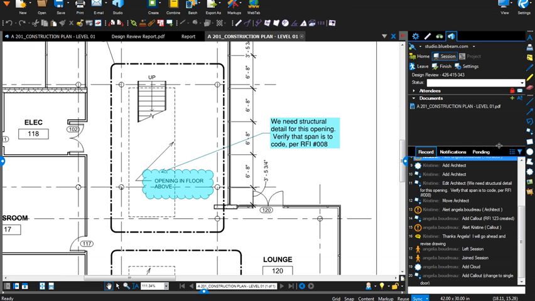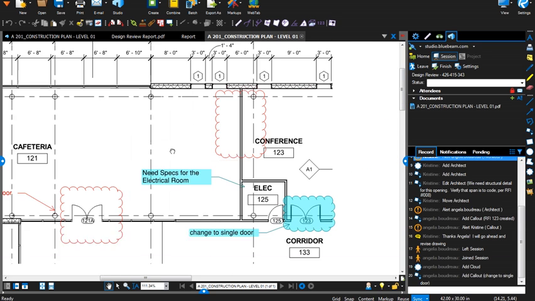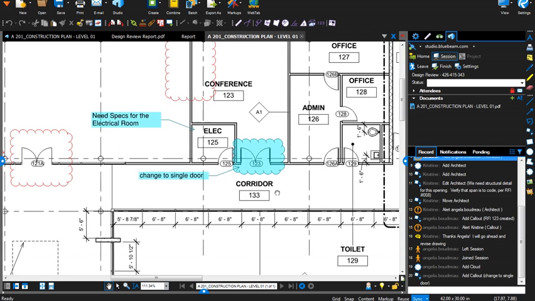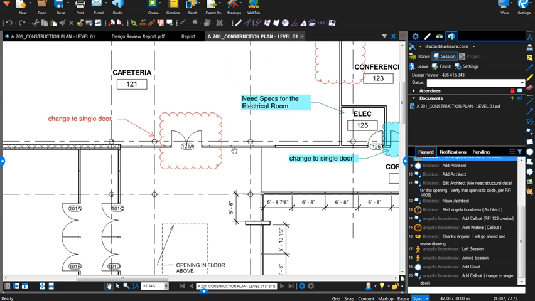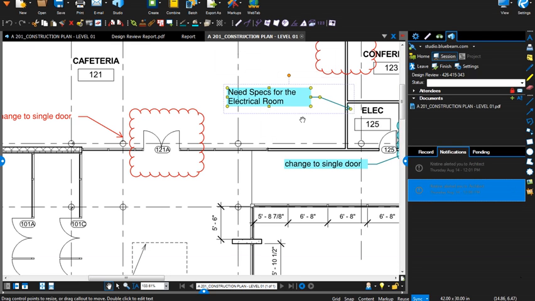So now that we have that report, imagine that your design session is completed. Christine and I have been through this document. She has given me some notifications. Let's just see what this last one is. Need specs for the electrical room. Okay, great. So we are going to go ahead